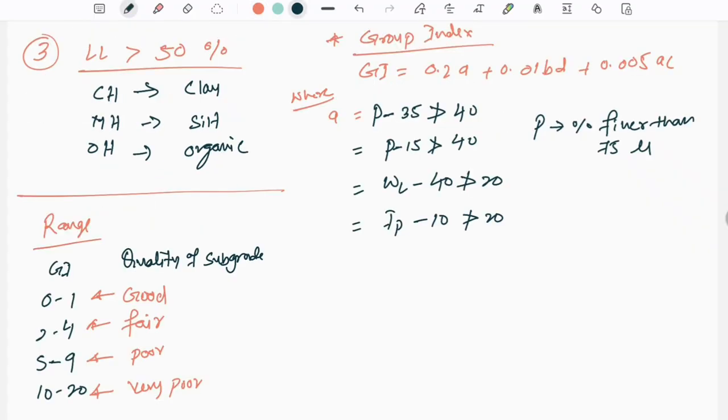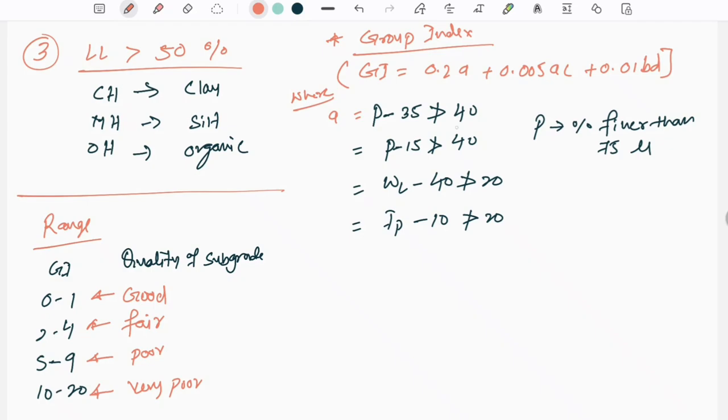We can write this first for remembering purpose: 0.2A plus 0.005AC plus 0.01BD. So A, AC, BD. This is just for remembering. A, AC, BD. So this is the formula for group index, where A is